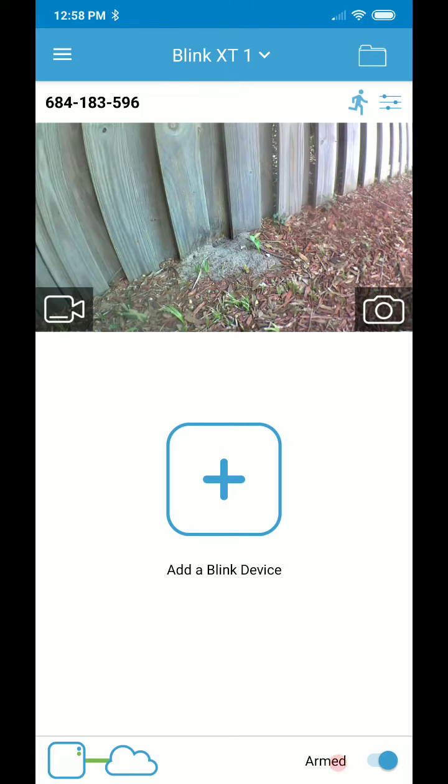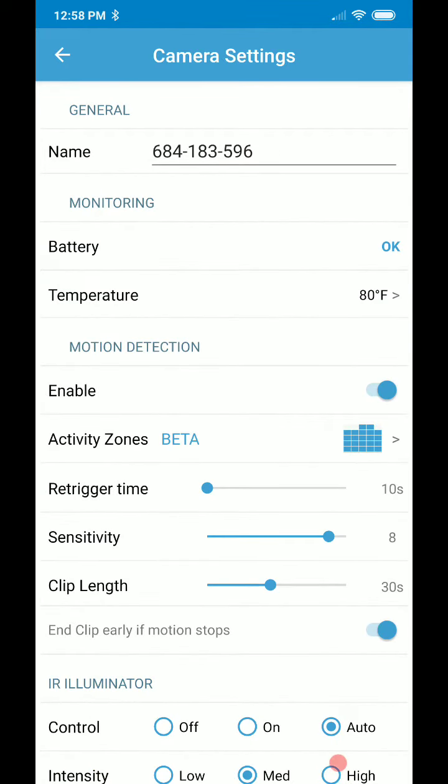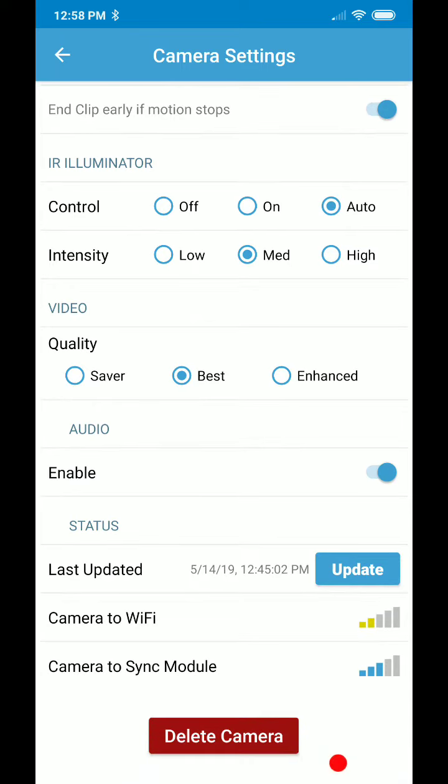So what happened with my alkaline batteries, it looked like everything was okay. When I went to the settings, which we have here, you can see battery level, and it said okay, I'm still on the alkaline batteries, and it shows okay. Even when we go down to the camera connection, camera to Wi-Fi is yellow, camera to sync module is blue, but it was not really different with the lithium batteries. Maybe slightly better, but not much. I don't see much of a difference, but the big difference was that it didn't trigger alerts anymore